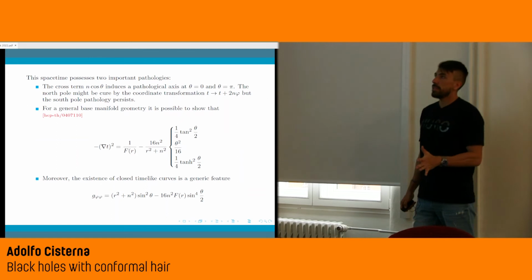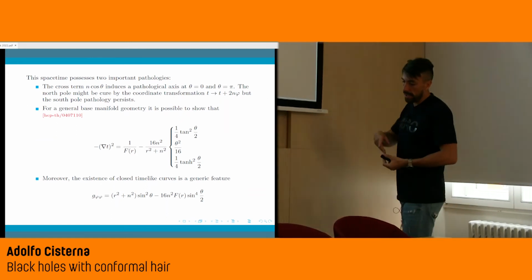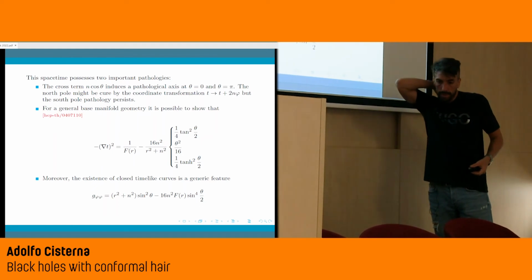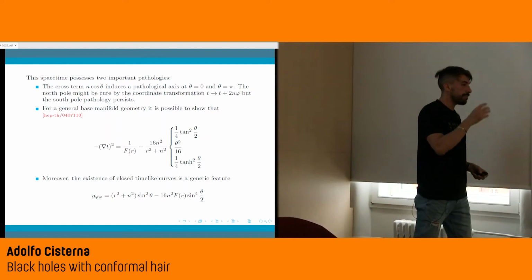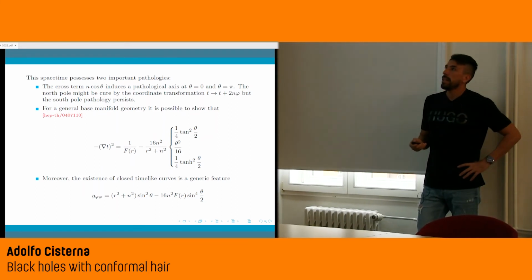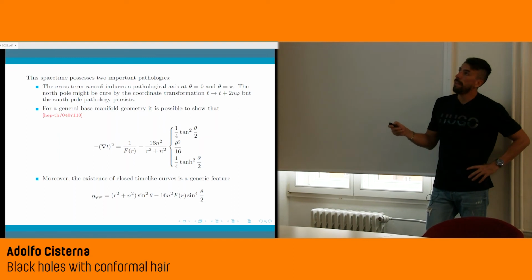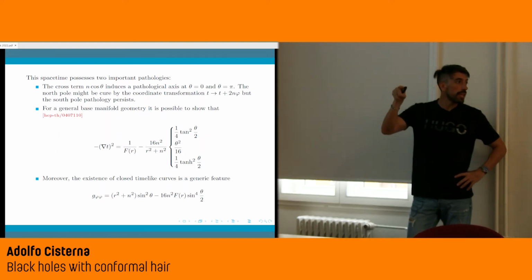But now, this space-time is a little bit pathological. These are two, let's say, less nice features of this space-time. There are two problematic properties or features of this space-time. They are the following. First of all, the cross term n cosine of theta that appears in the stationary term,